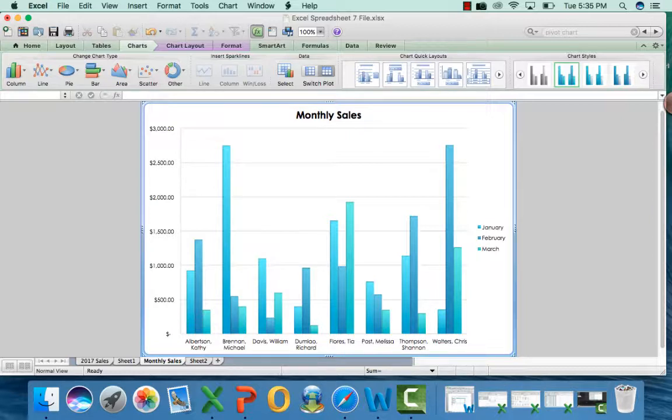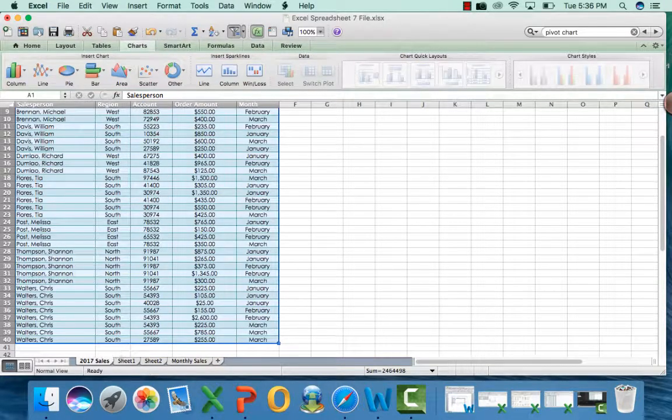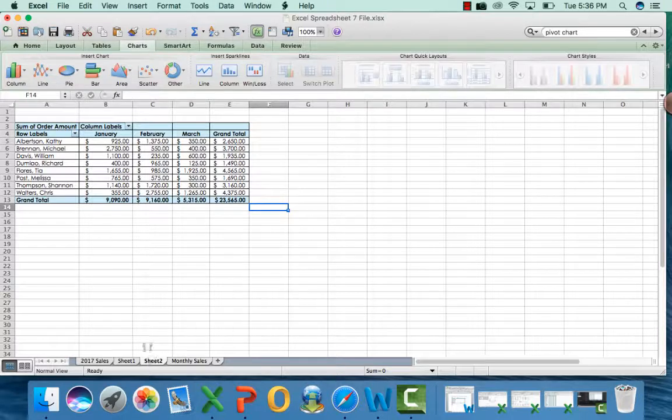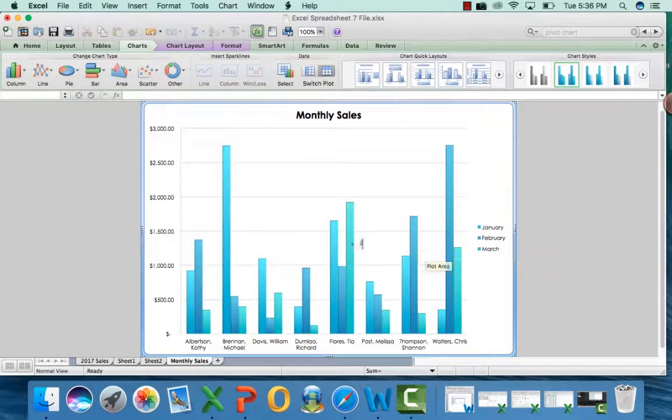So you will have, and move that over, that should be the fourth one. So you should have your original worksheet. You should have your first pivot table, which is basically looking at sales for the first quarter per region. Then you're going to have a monthly breakdown of sales for the first quarter, and then you're just going to have a chart telling you that very quickly visually you can see